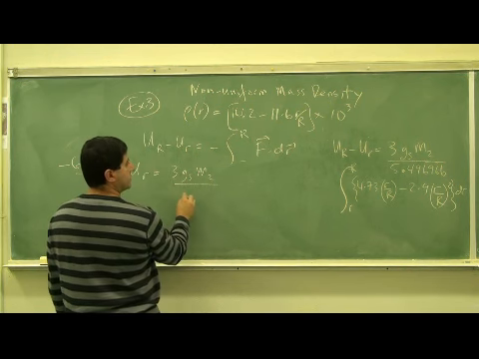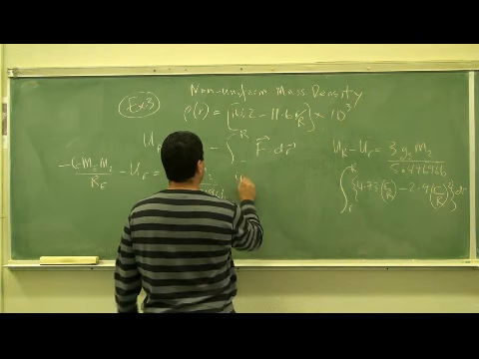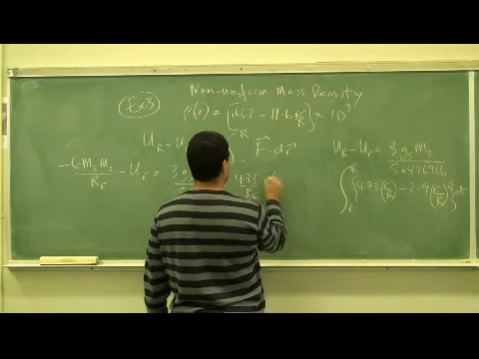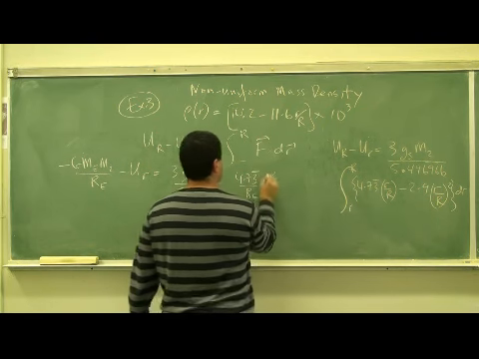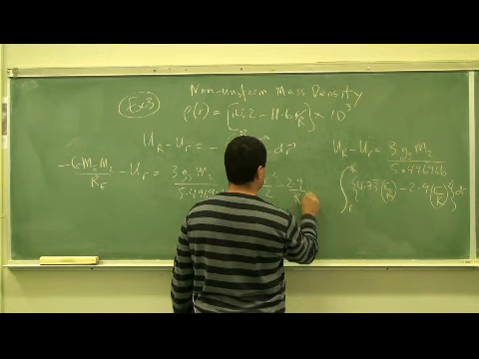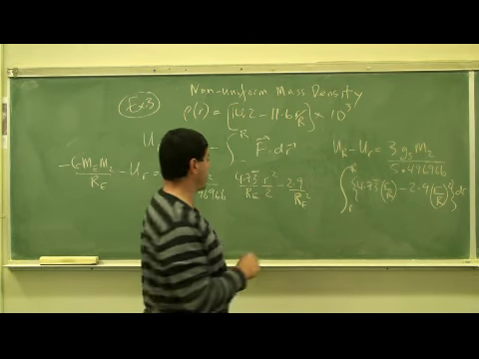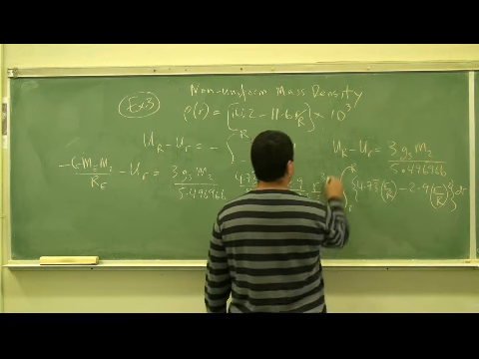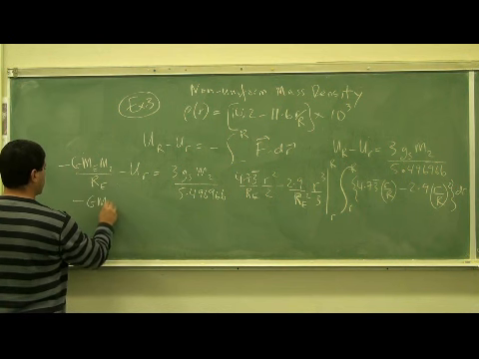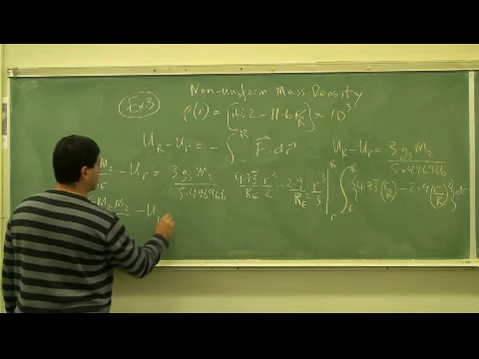3Gs mass 2 divided by 5.496966. Then the integral of this is 4.73 over radius of the Earth. And then the integral of that is R squared over 2. Now this was a repeating 3, right? Repeating 3 here. So R squared over 2 minus 2.9 over big R squared, radius of the Earth squared. And then the integral of R squared is going to be R cubed over 3, from little r to big R. And let's see here, we have negative G M Earth M2 over R Earth, minus U sub R is equal